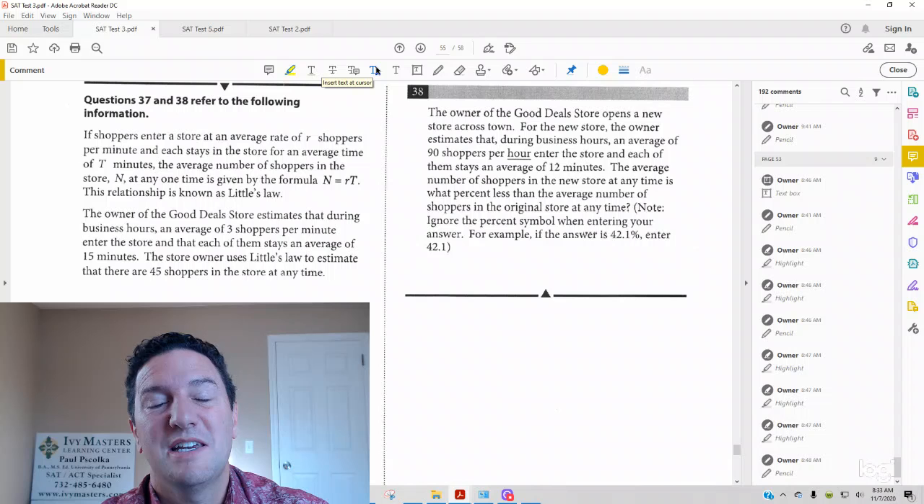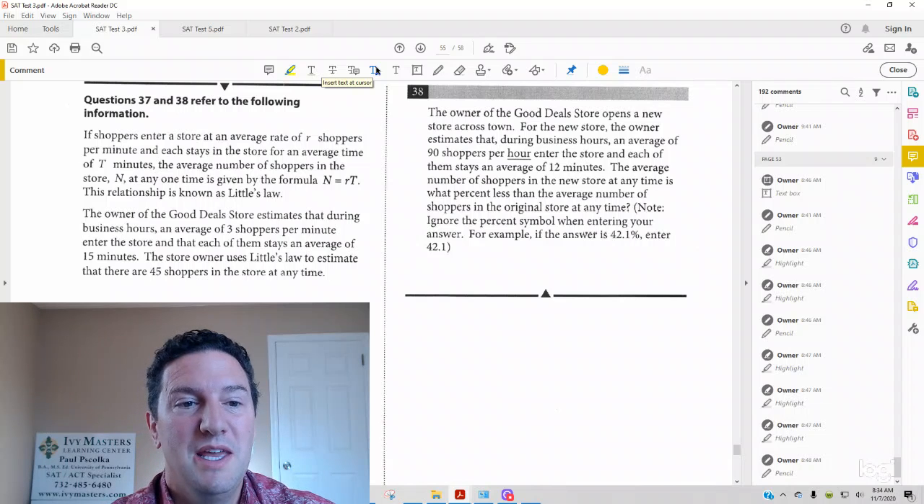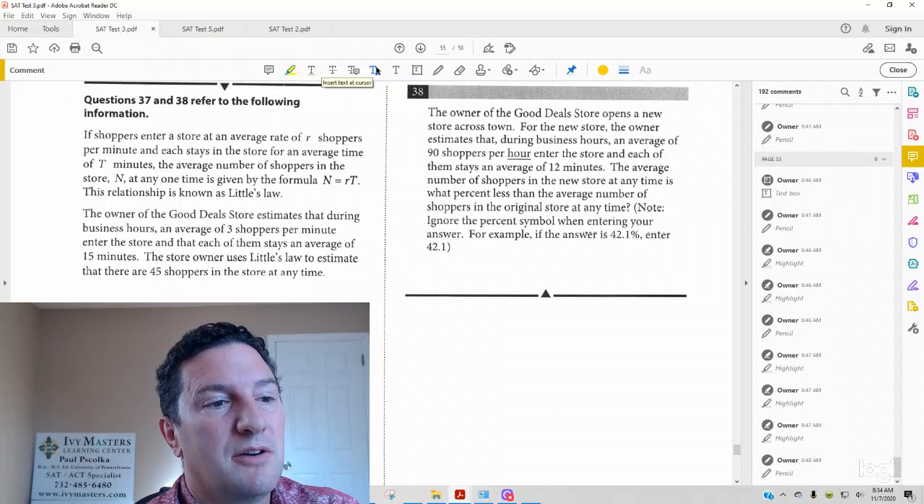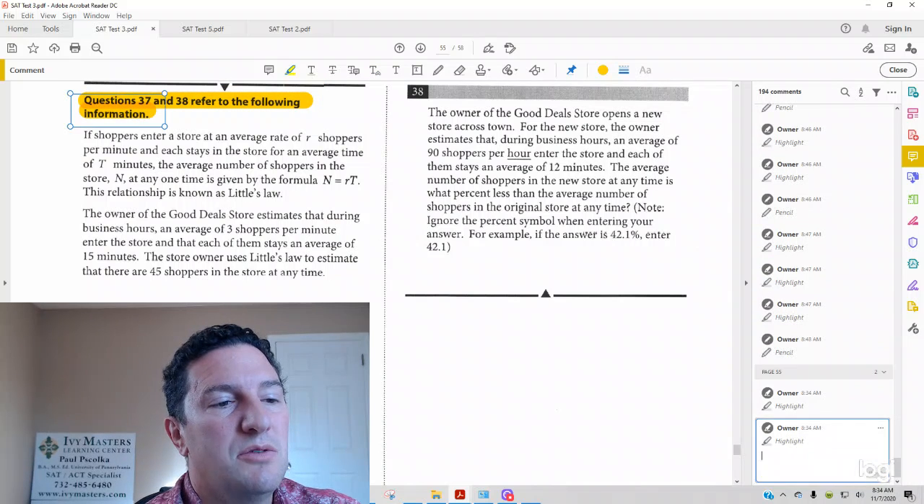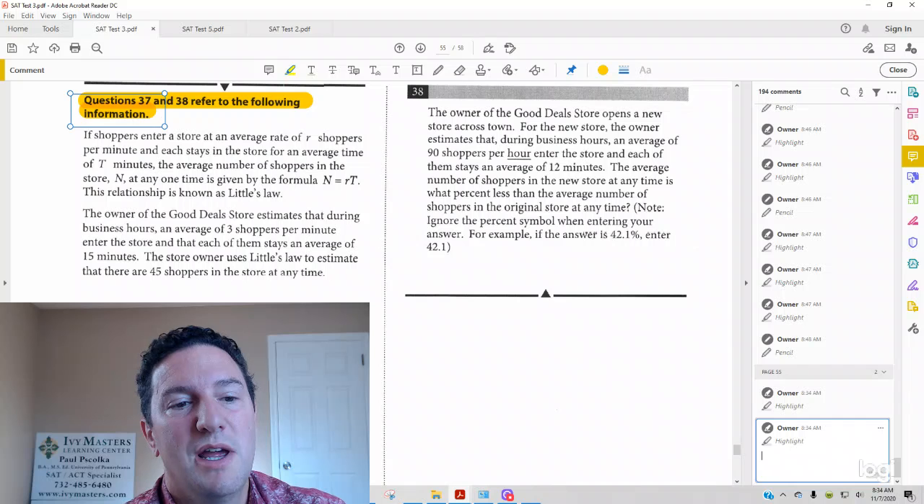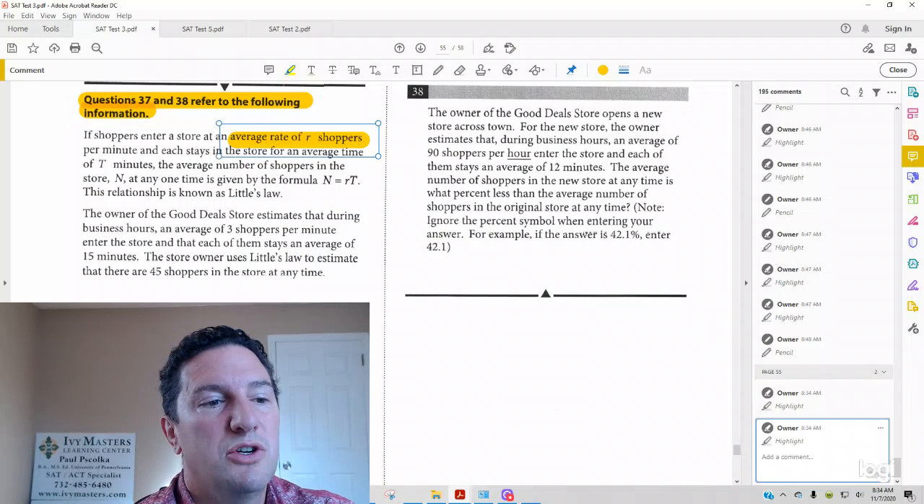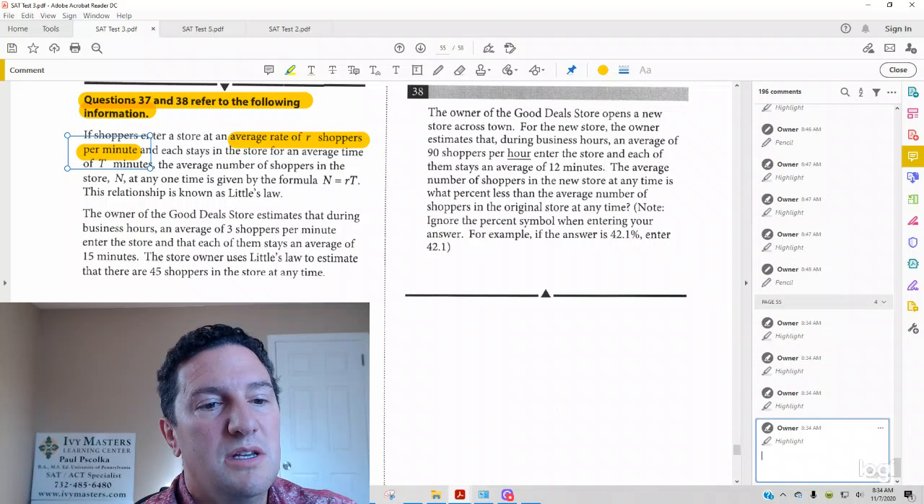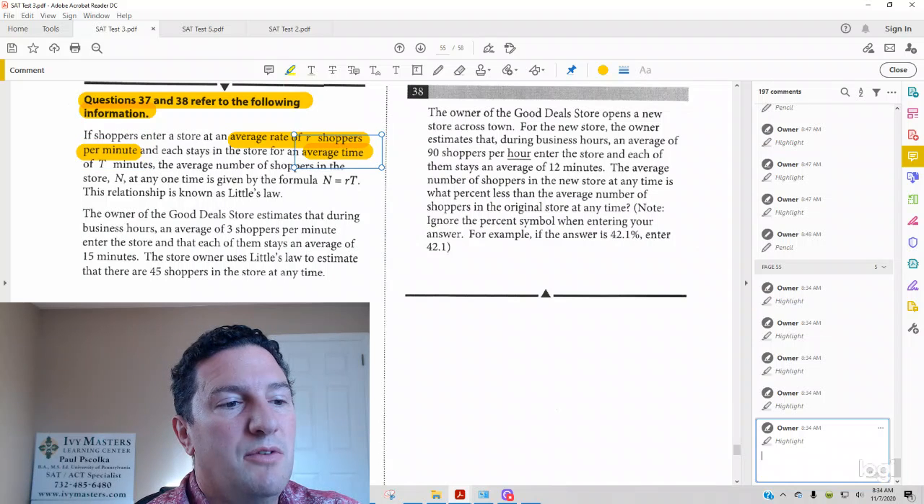And today we're going to look at Test 3, Section 4, number 38. First, we have to read this background. Notice it says questions 37 and 38 refer to the following information. So we have: if shoppers enter a store at an average rate of R shoppers per minute, and each stays in the store an average time of T minutes,